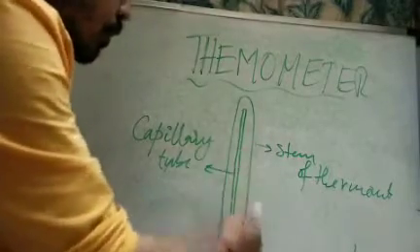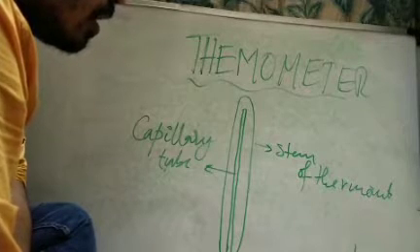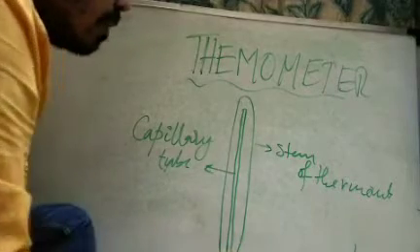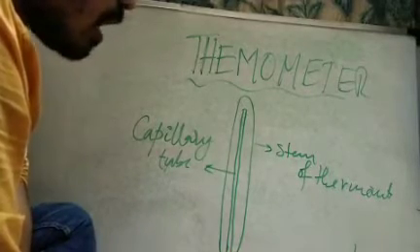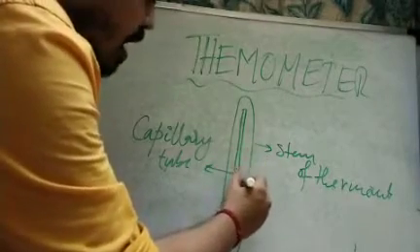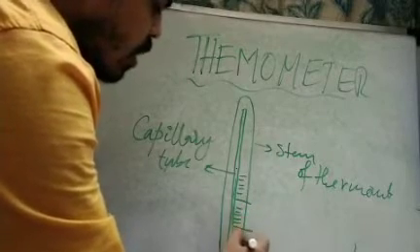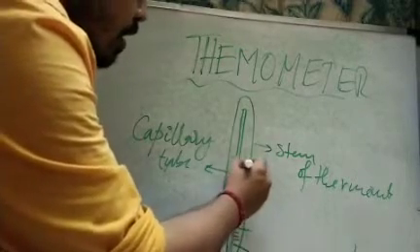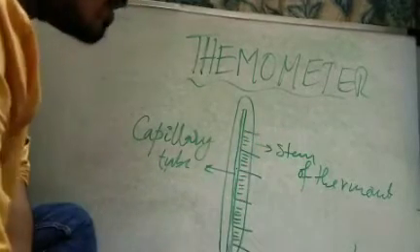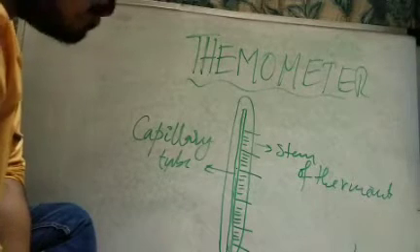Whenever we put this thermometer inside a pan containing hot water, the mercury is going to start expanding through this capillary tube. Over here are the different readings, or better known as scale, which help us to understand the amount or the degree of the hotness of that particular object.